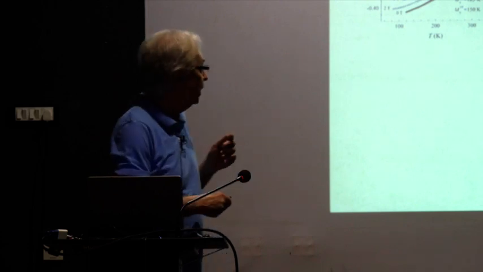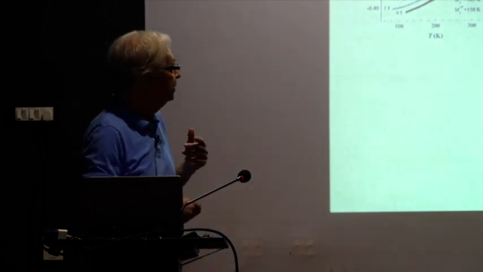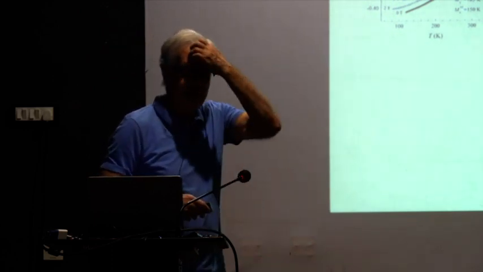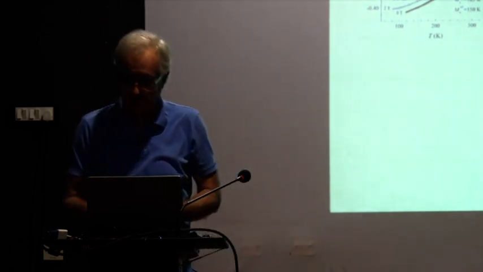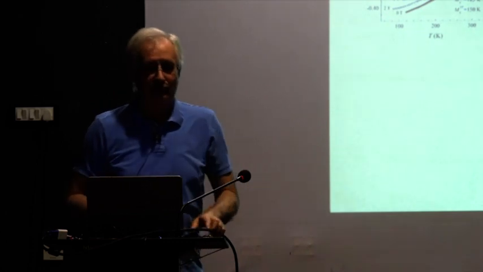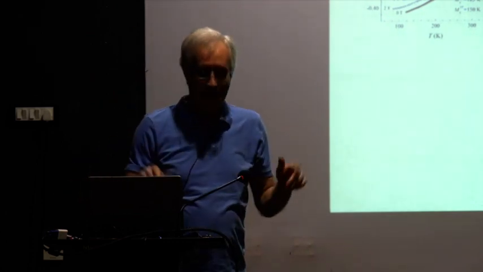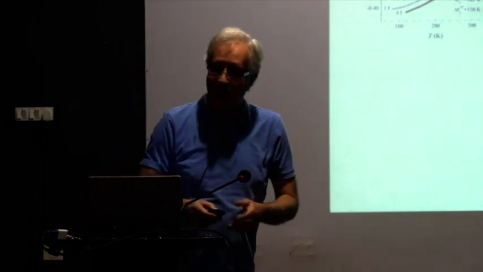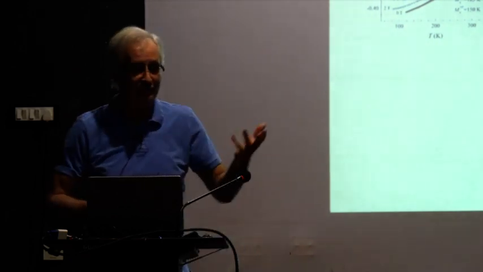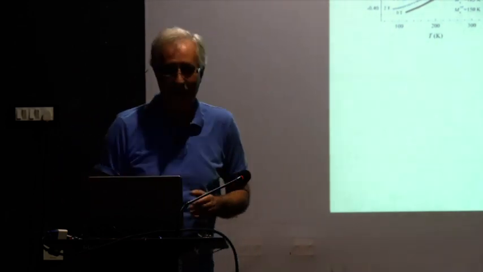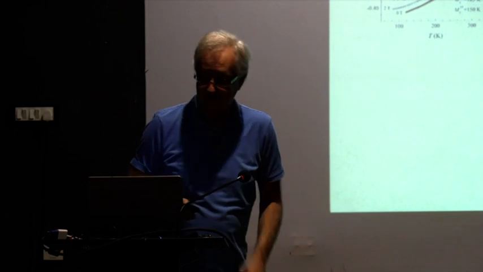Okay? And in nickel manganese tin, it is the short axis that is the easy direction of magnetization. So, this is a little bit difficult to grasp, so we'll go over this again. Okay? Now,